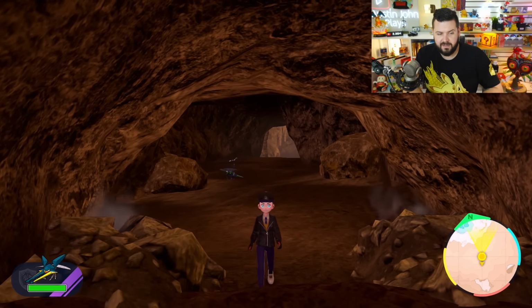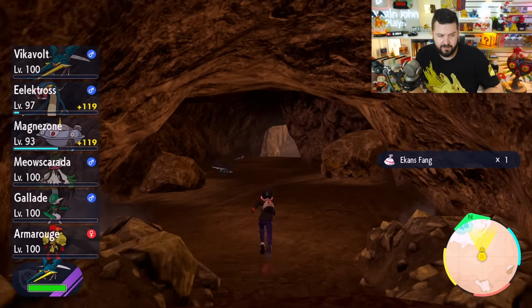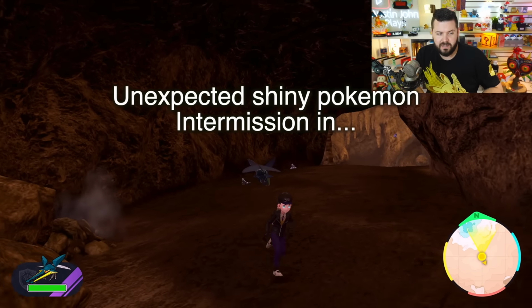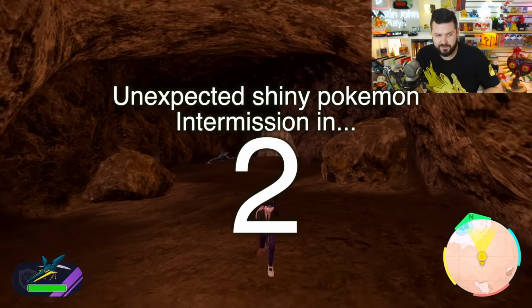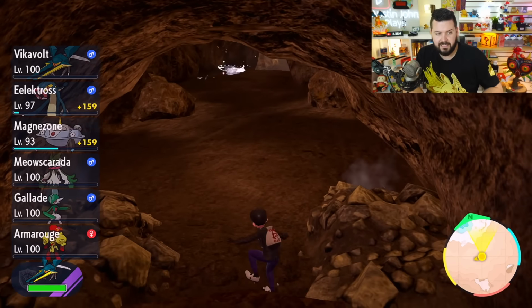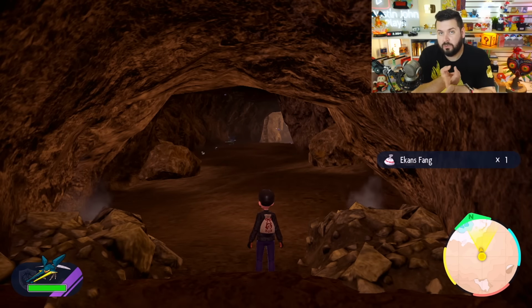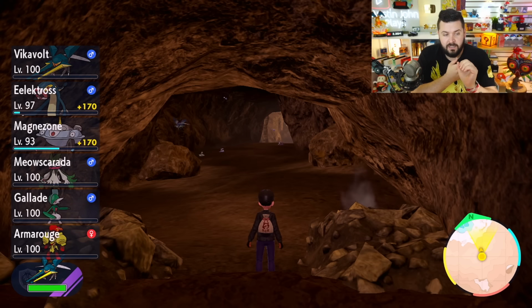You come here to the end of the cave, you send out your Let's Go Mon, and as long as he makes his way all the way to the end of the cave, you're going to be able to shiny hunt all of your poison types, and particularly Ekans. Because otherwise, in the overworld, you're going to be dealing with...